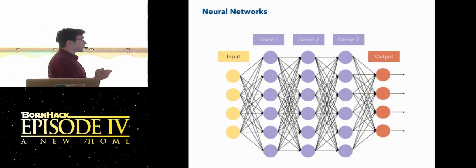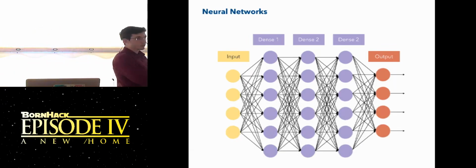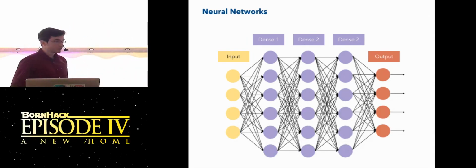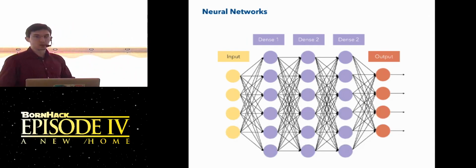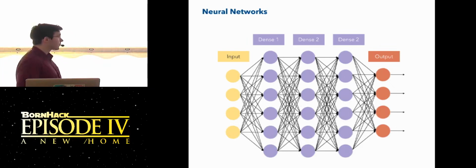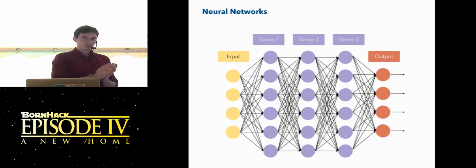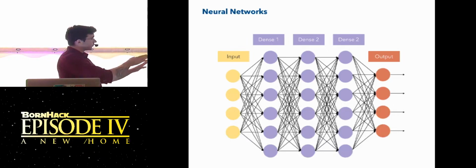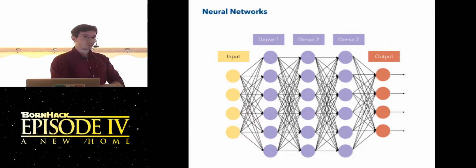Right. This is a very simple example of what a neural network can look like. We have input, and this is literally just 4 numbers here. So you could imagine this input as being, in that topmost cell, a person's age. The second one could be their salary, and then their marital status, and so on. Things we can represent with numbers. The first layer of the neural network, which does the matrix multiplication, is actually both those black lines and the purple dots that come after them.